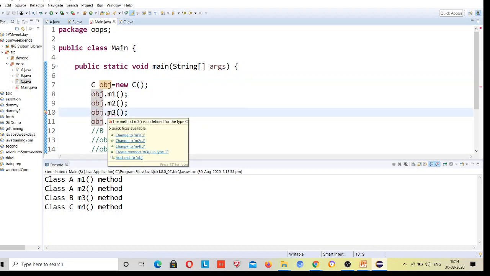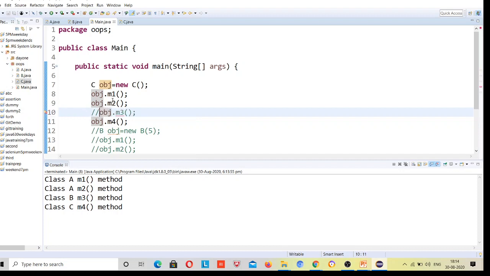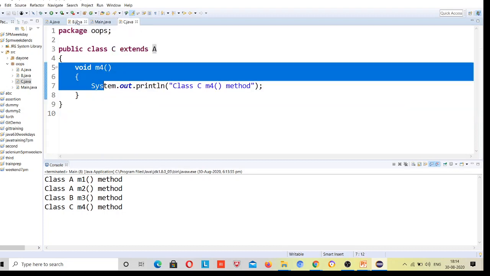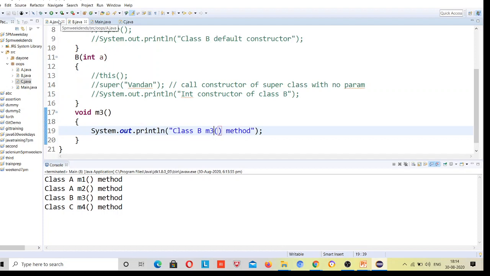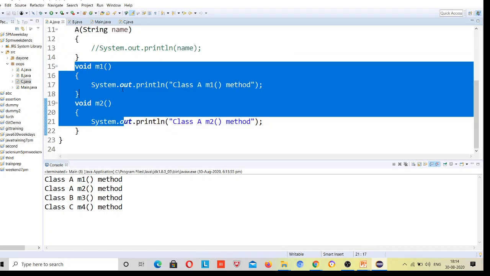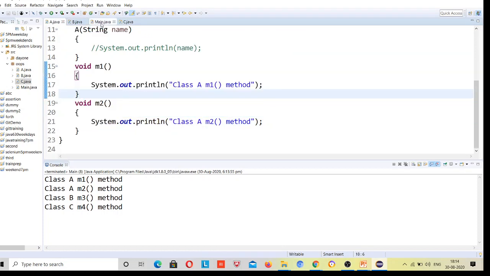Just see it: create method M3 in type C. Either you should create it in type C or comment this line, because now this is hierarchical inheritance. Class C is extending class A, class B is extending class A, and class A is the parent class. So you can understand the difference.